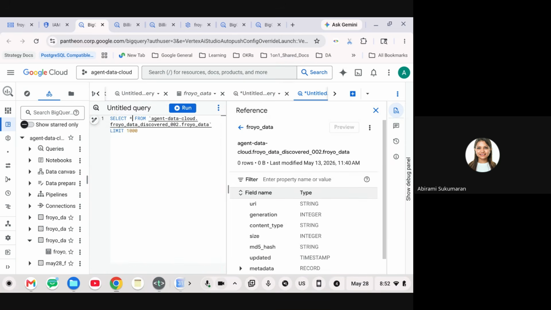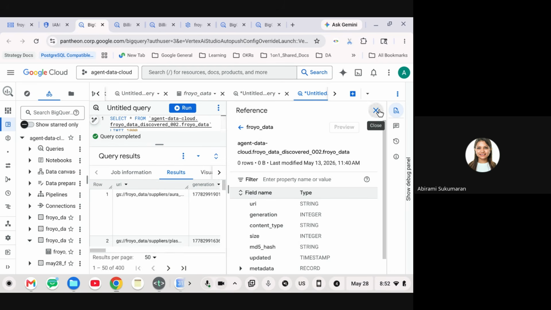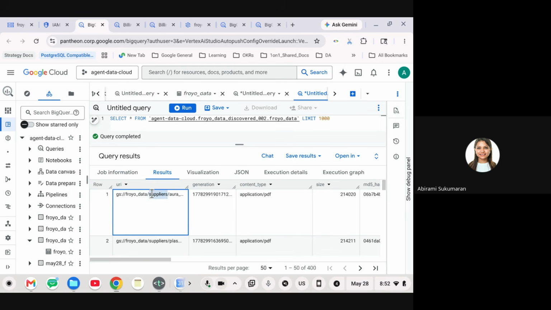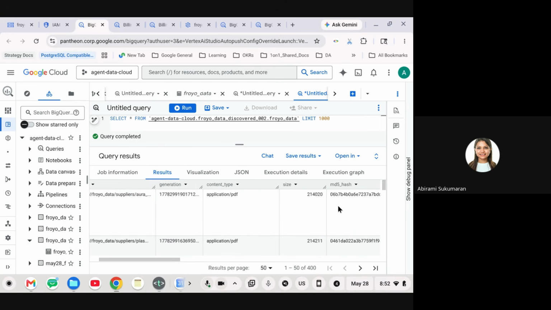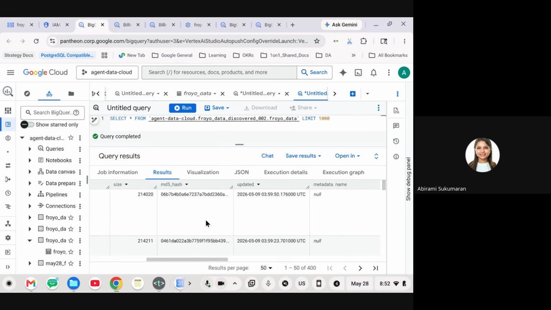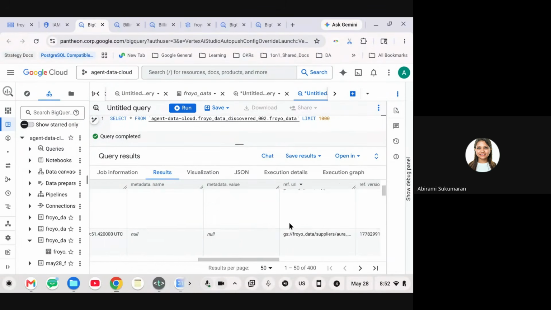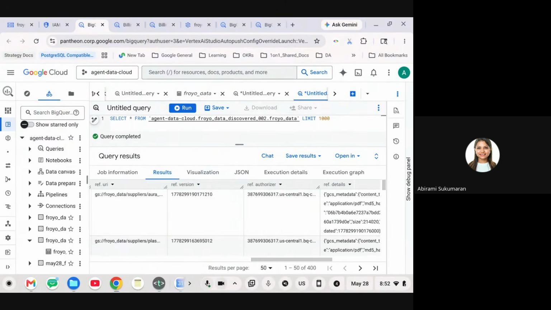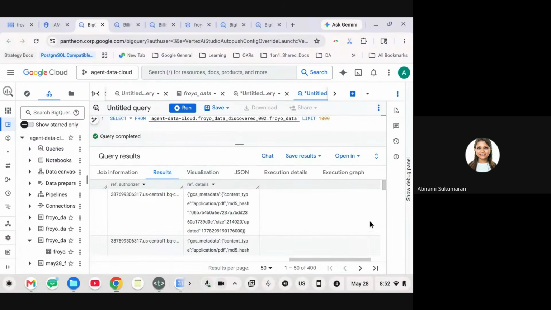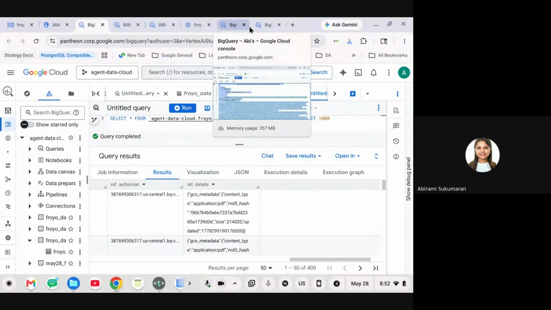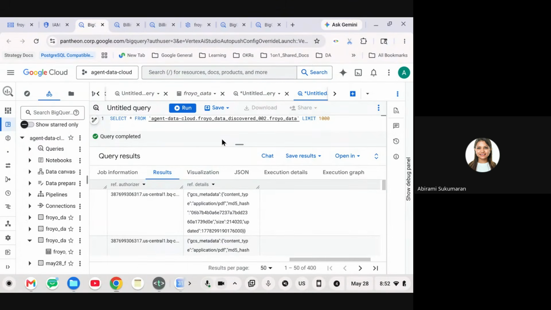And if I do select star and limit to 1000, you will see that it has the URI to your file, and it has information that you can't really do much with. This is all metadata. What will you do with this? Not much. You can write queries to interpret this information, but that's not what you need. You actually need a contextual relationship between this data, this information that you have.